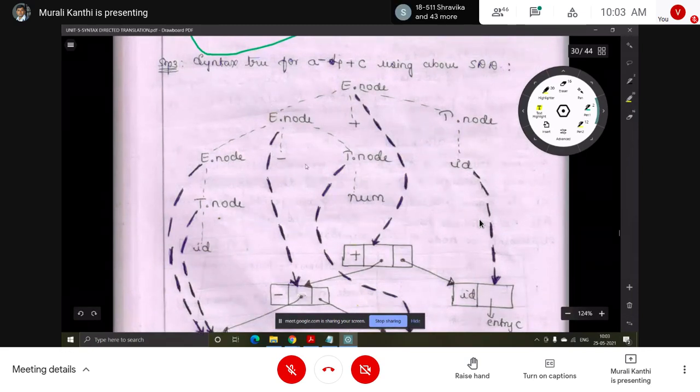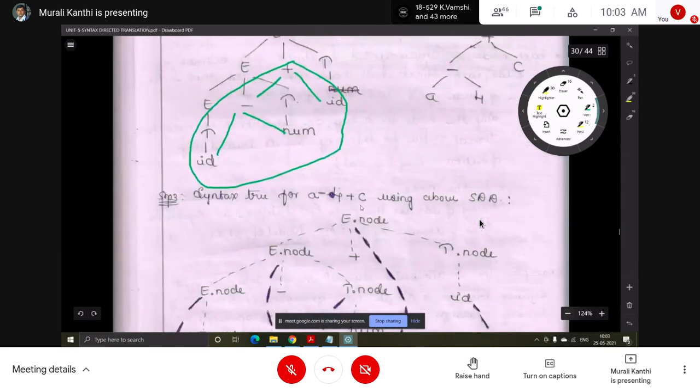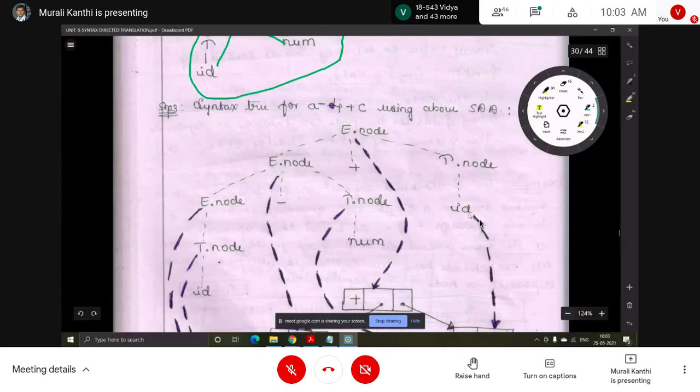whatever result is generated from the left side of the root node is attached to this. That means create the E.node. Here the operator is plus; the result from the left goes in the second part, and whatever is on the right side will be in the third part. In the right hand side an identifier is required, so T expanded by id.